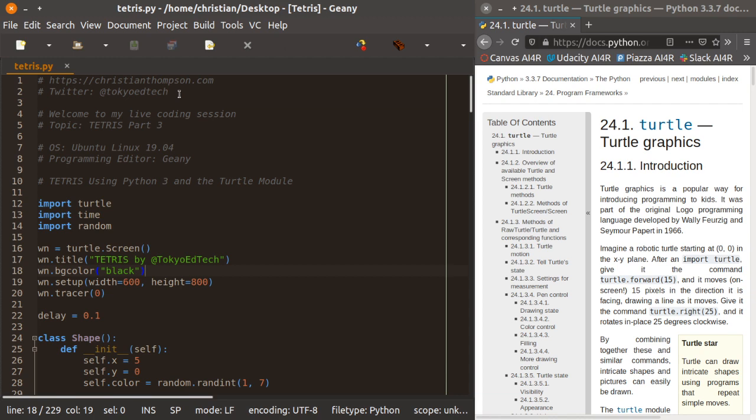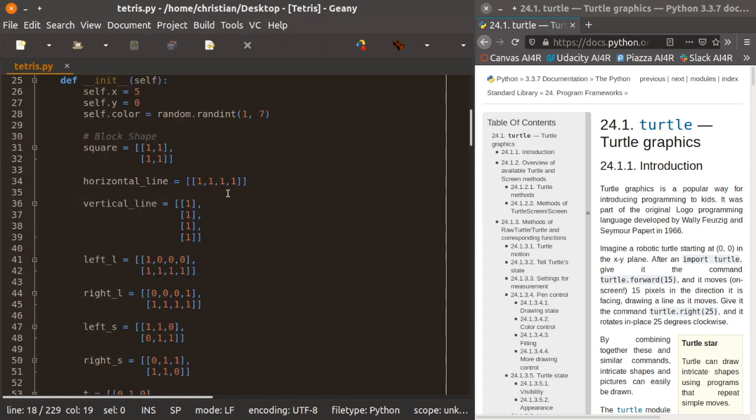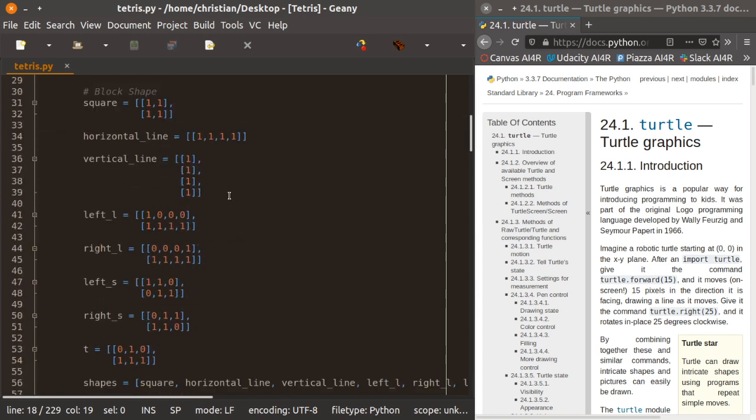Rotating the shapes. So I have actually given this quite a lot of thought, and I do know how to do it. But the trick to this, which I've kind of discovered,